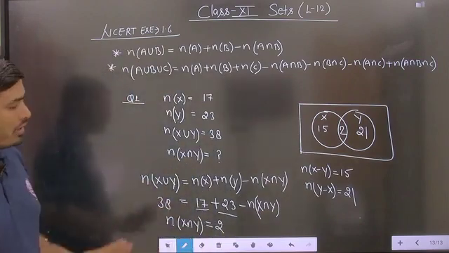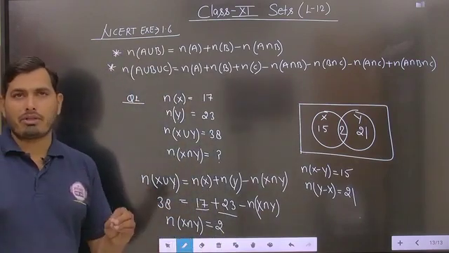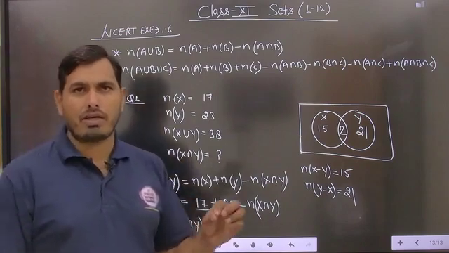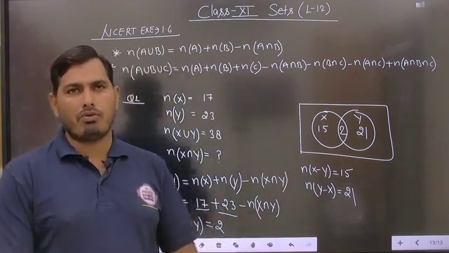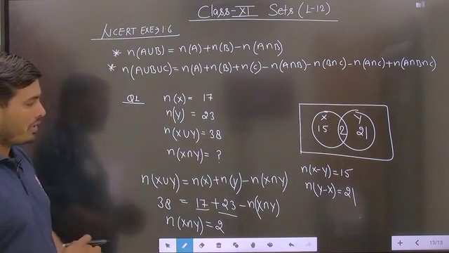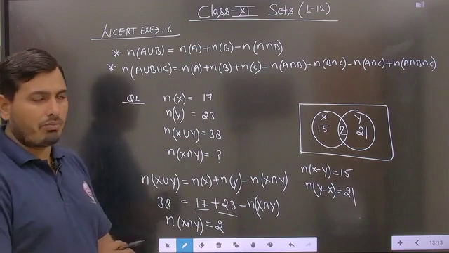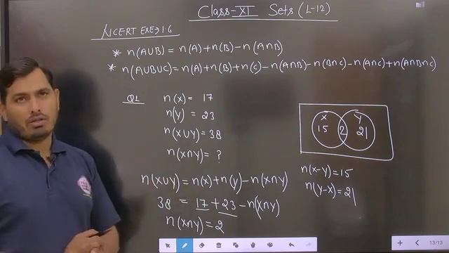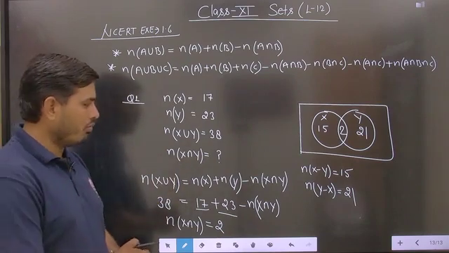So students, in this very first question, a very simple thing is asked, only the formula is very important. If you know very well the formula of A union B, then you can simplify the answer. Is it clear? So students, we will take the next question. Before that, pause the video to note it down. Then we will start the next question, number 2.